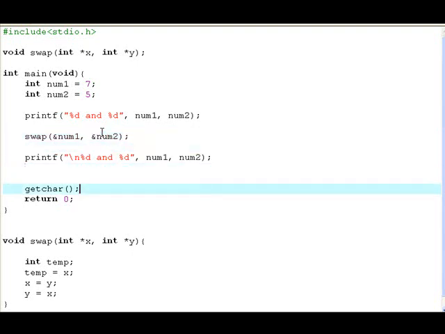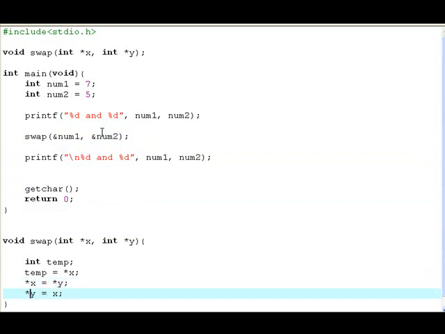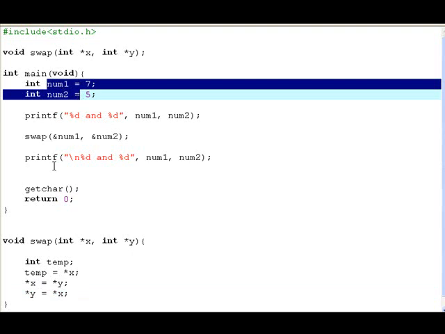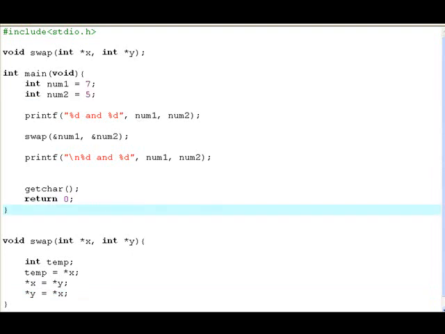Now, because these are pointers, we can't just use them the way we have been using them, so I need to use indirection, as it's called, use this asterisk to say not the address, but the actual thing itself, what's in the address. Do the same for all these because we're actually swapping the numbers around. And now what we call x and y are effectively pointers to our original num1 and num2 back in this function. So while previously these were completely separated, now there's actually a link between them. Okay? And if we run that,